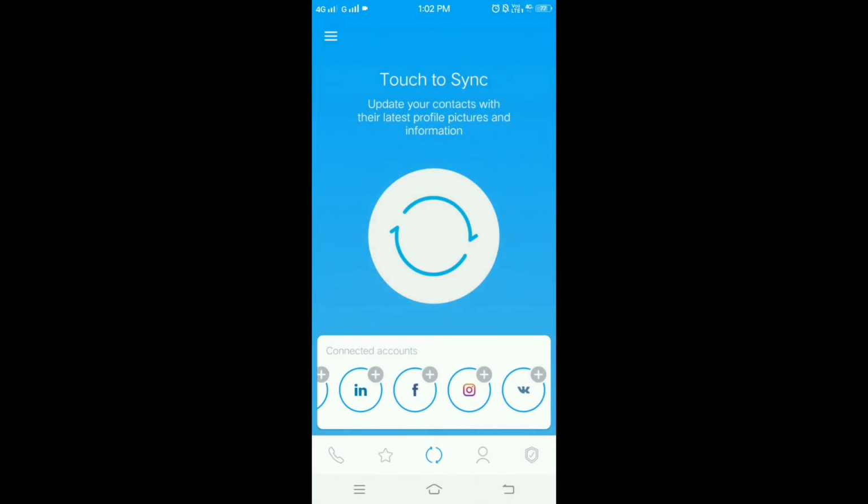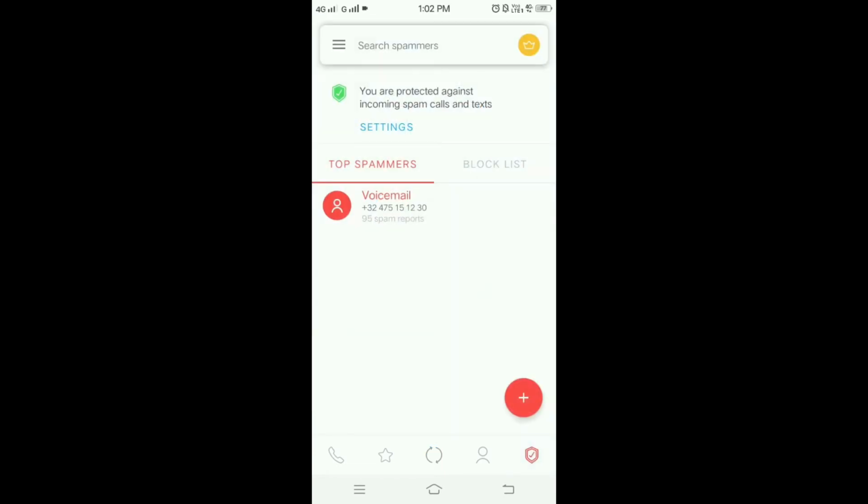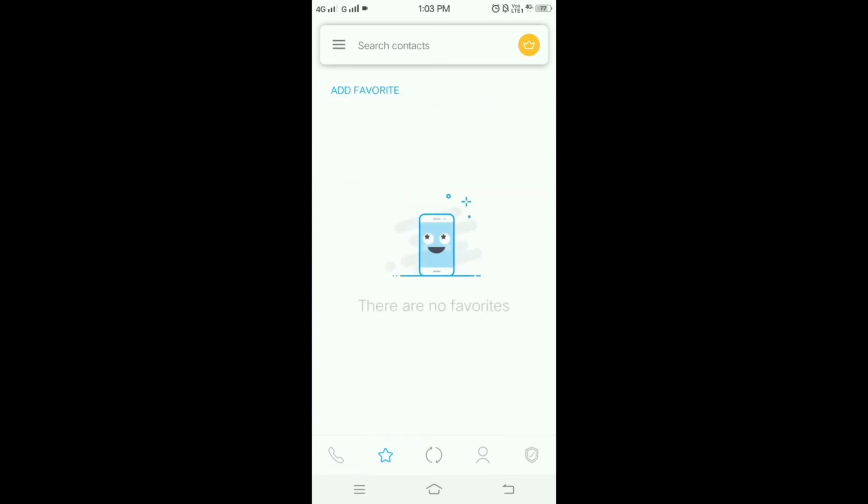Using a large set of contact details, this app can quickly ascertain which numbers are legit and which ones are not. You can check this here. You can also block the contacts. You can also add favorites.